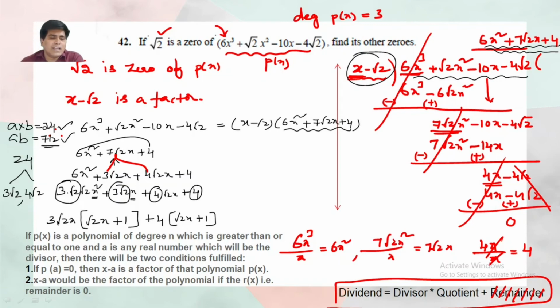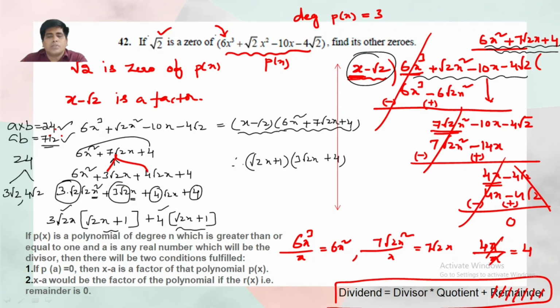So once again I can take this part common, root 2x plus 1 and root 2x plus 1. So if I take root 2x plus 1 out common, what is left out? This is this, and 3 root 2x plus 4 is left out. So again this quadratic polynomial we can write as a product this way. So ultimately, this total expression, the cubic polynomial, I have already written as a product